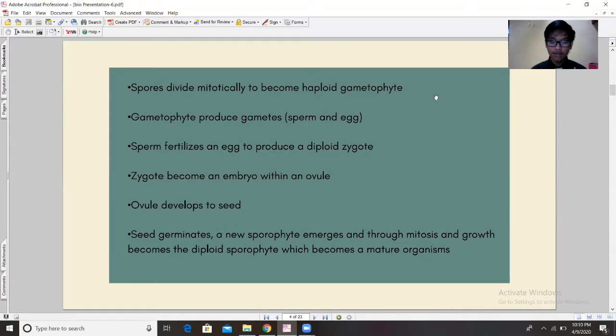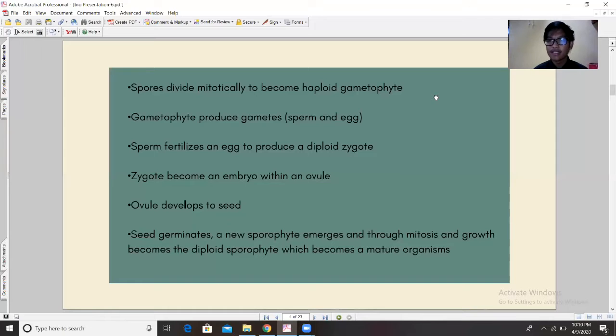This ovule will develop into a seed that contains the embryo and also stored food surrounded by a seed coat. This seed will germinate and the new sporophyte emerges, and through mitosis it grows to become the diploid sporophyte,